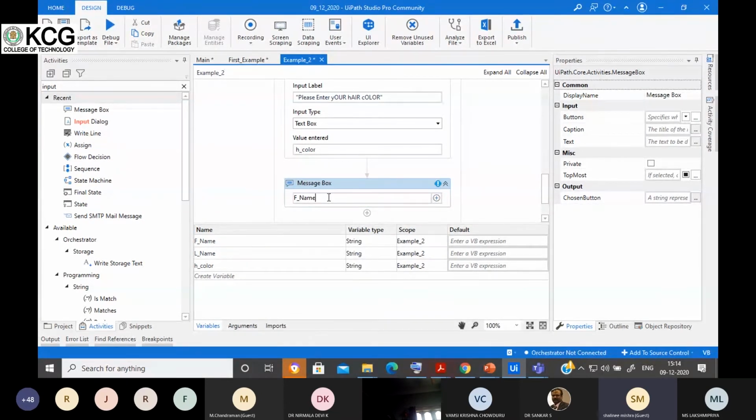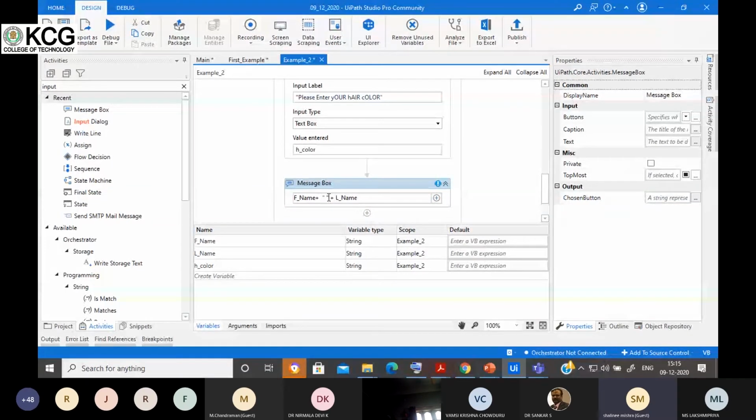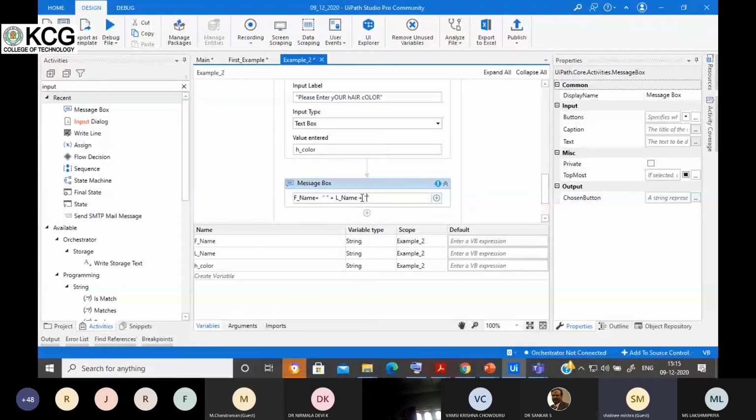After that, I want to put a space between the first name and his or her surname, and after that I'll add the surname, the last name entered by the user. So here I'll enter the last name. So this is the name of the person XYZ. Now I want to add the space in between.